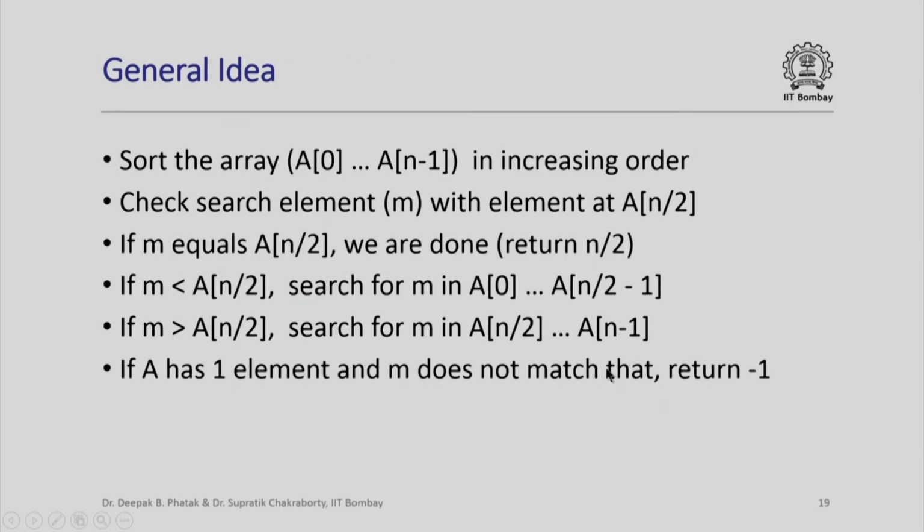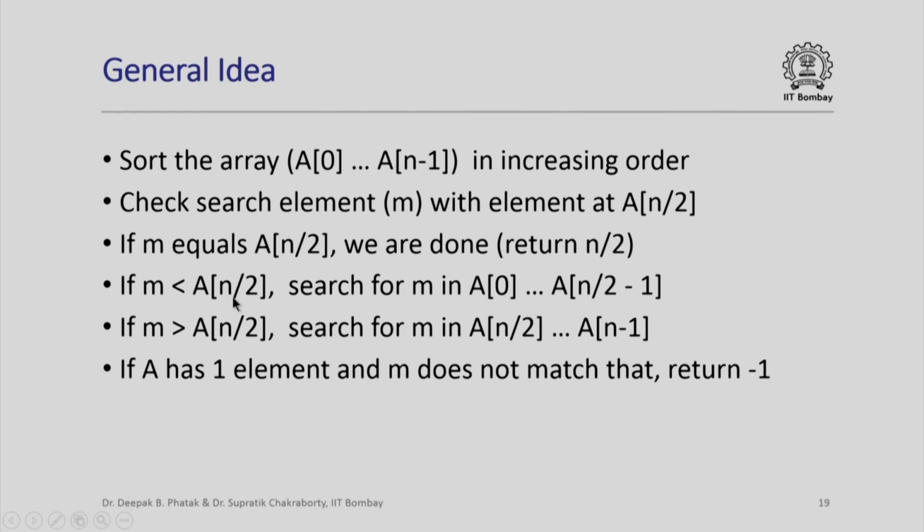So basically the general idea is that if I give you a sorted array, we have just seen that we could do this better version of searching with an array that is sorted in decreasing order, but we could also of course do it if the array was sorted in increasing order. Let us see what would happen if the array was sorted in increasing order. So we are given this array, we are given a search element m, and what we want to do is check whether m is present at halfway in this range of indices of the array. If it is so, then we return that n by 2 index, we are done.